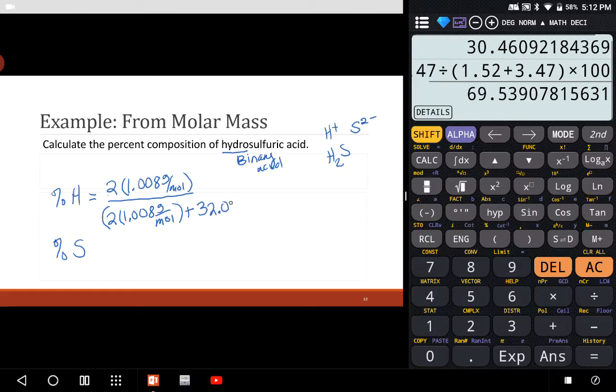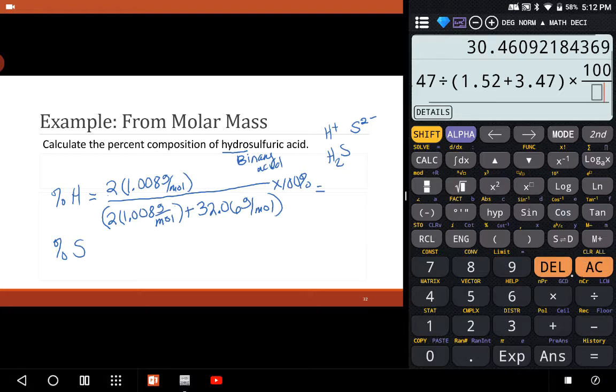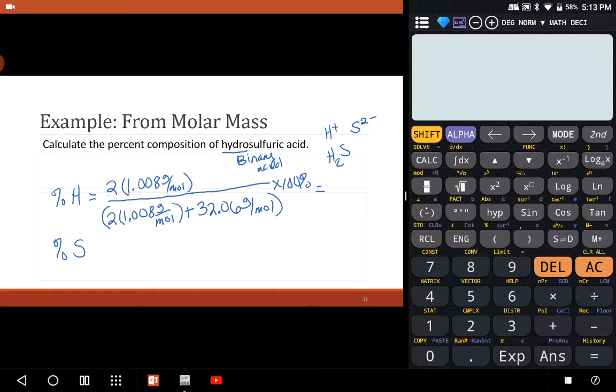And so I would need 1 sulfur and 2 hydrogens in the whole thing. And so then I would take this and multiply it by 100 to turn that into a percentage. Oh, screw it. Okay, I hit clear. So my numerator is 2 times 1.008, and my denominator is 2 times 1.008